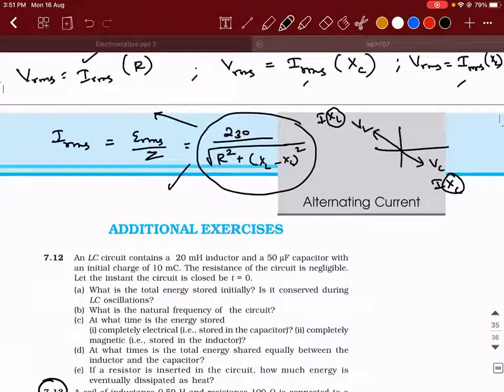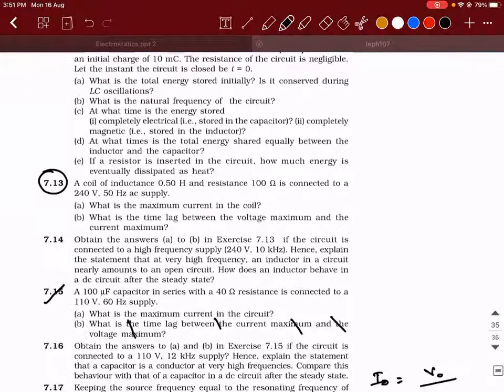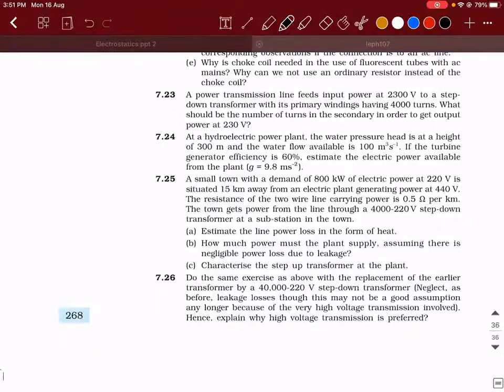Additional exercise problems for this chapter you can read, because they're very tough. Okay, they will not ask additional exercise problems. Those are generally for competitive exams only. If you're preparing for JEE or NEET, then you can do it. For the time being, I would not suggest it for term 1. But if you're confident with the basic problems, then you can do it. That is up to you. Okay, that's it, guys.